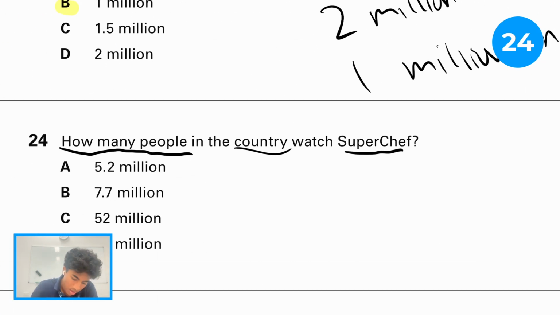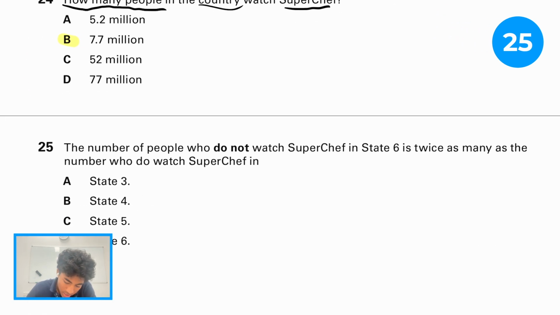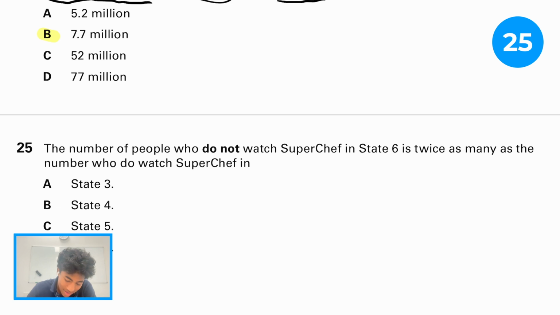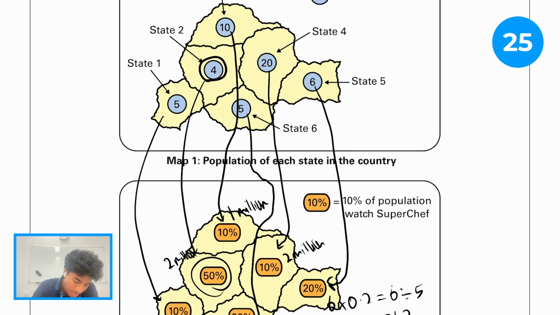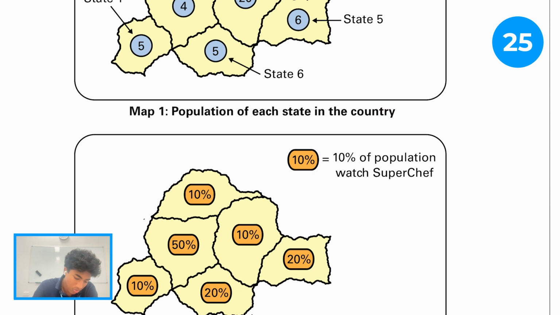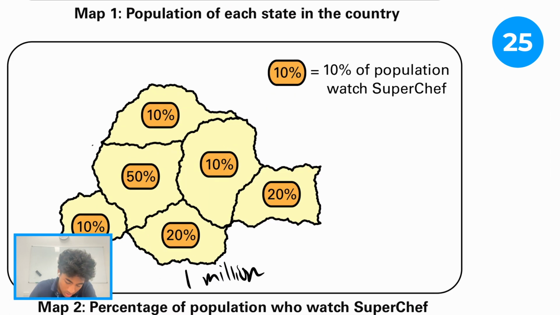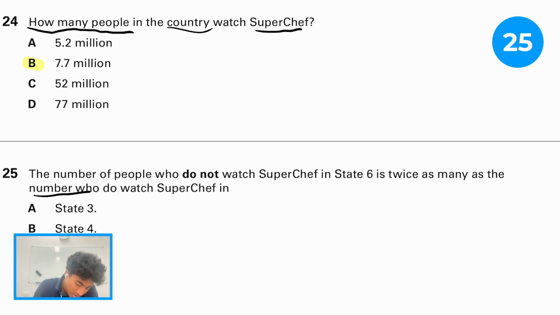which is option B. Continuing, the number of people who do not watch Super Chef in state 6 is twice as many as the number who watch Super Chef in. So let's look. It's asking about state 6, right? In state 6, 20% of state 6 watch Super Chef, so 1 million watch Super Chef. 4 million do not watch Super Chef, and this is twice as many as the number who watch Super Chef